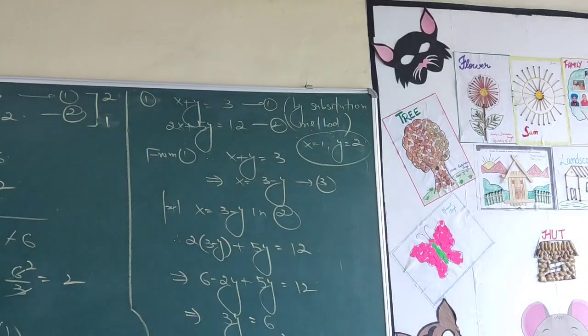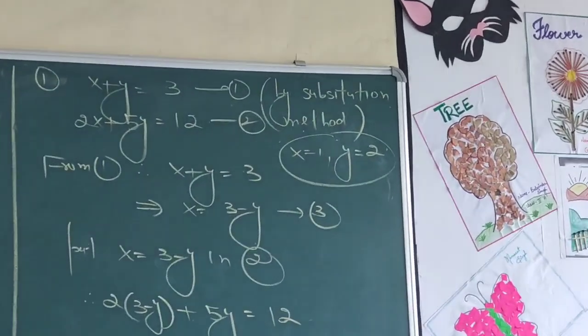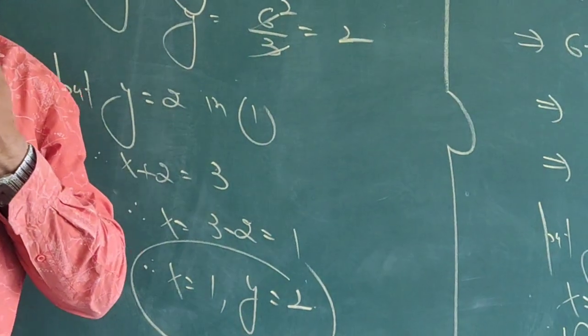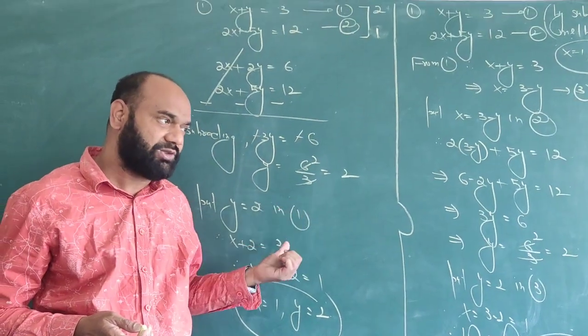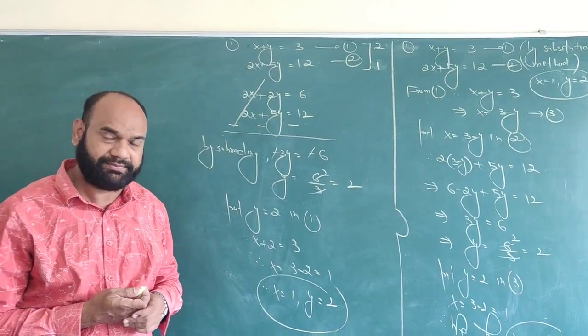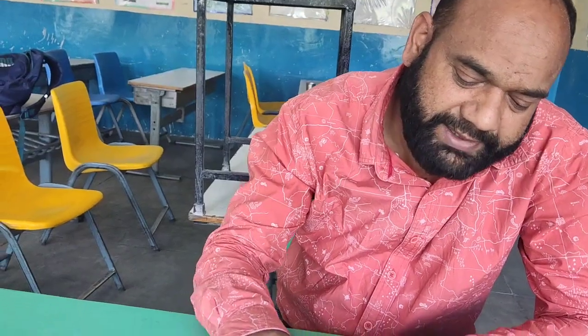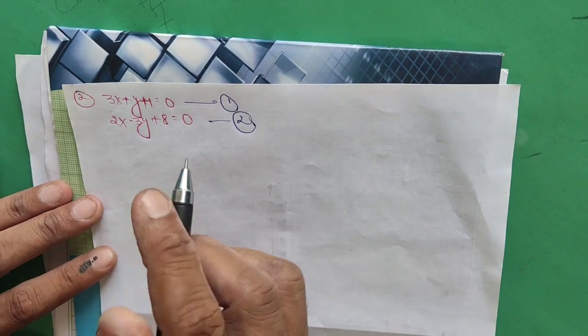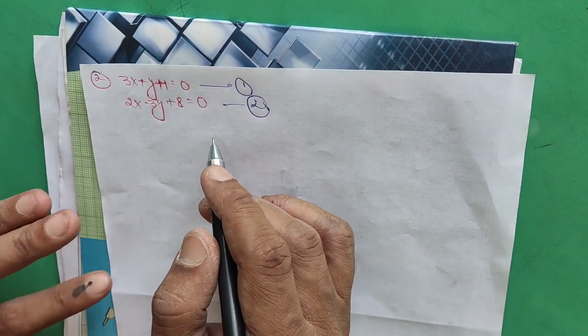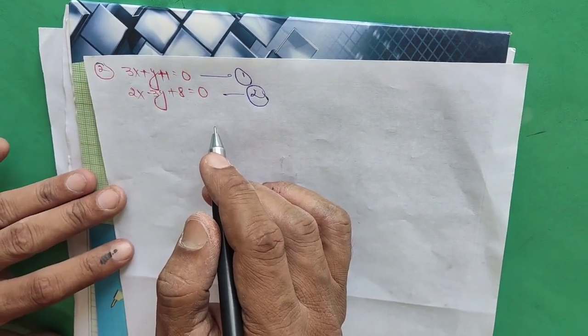So in the result we can say that when we solve any two equations of the same variable, then they can be solved by the graphical method, or by the elimination method, or by the substitution method. The answer is always the same. So we take the next example, which can be solved by three methods: graphical method, elimination method and substitution method.